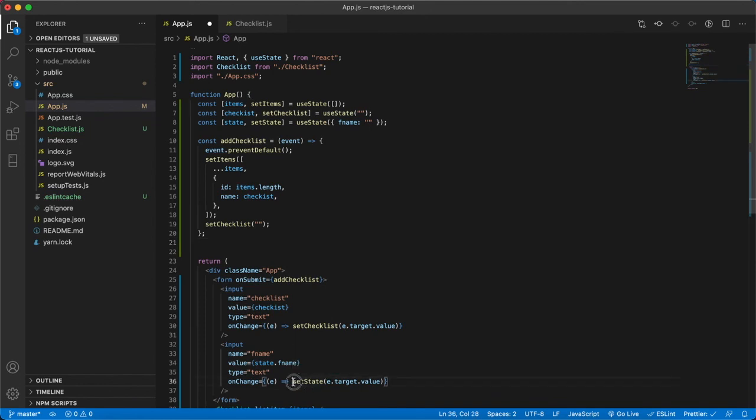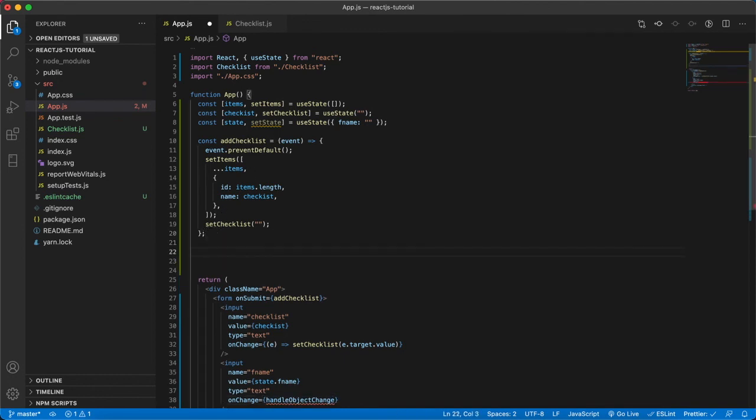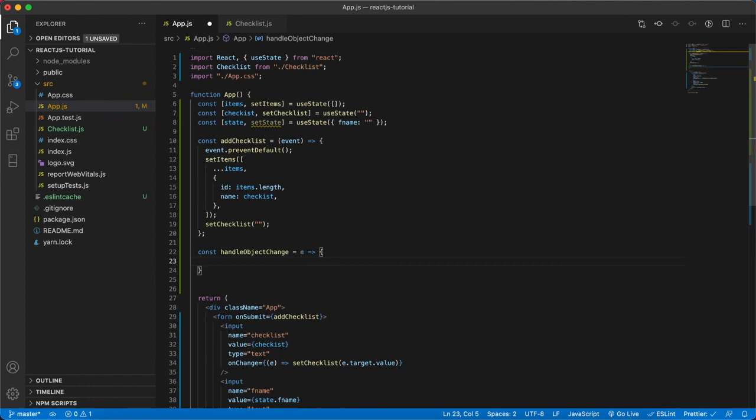So it's a normal setState, right? But we have to use a structure for an object over here. It doesn't have an fname, so we can't directly setState like that. So what we have to do is create a handleObjectChange function. There we are going to pass the event, and let us see how we are updating the state which is of type object. So here I am passing the event e as a parameter to this particular handleObjectChange function, and then we are going to destructure from the e, that is name and value.